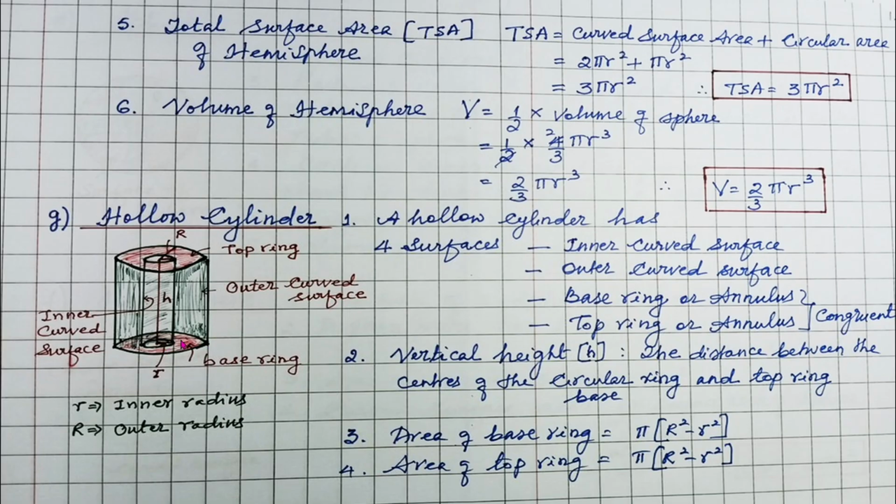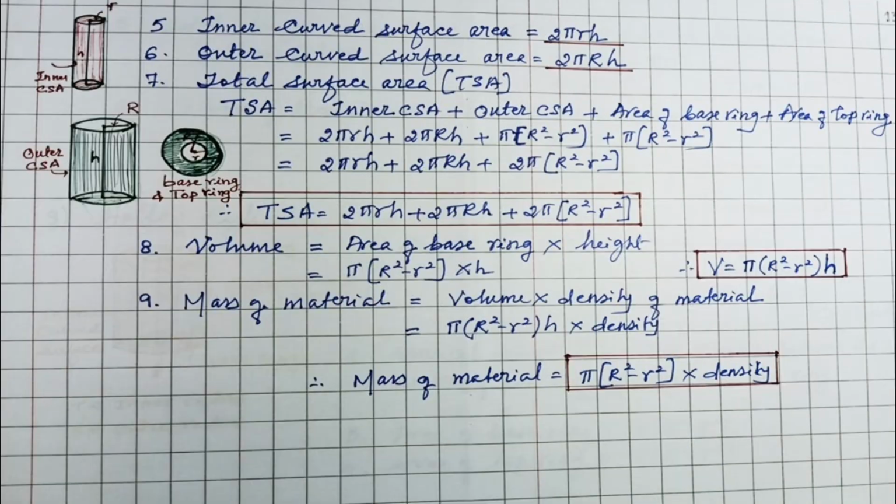The area of the base ring, we already know this, is pi R square minus r square. We can find the area of the annulus by taking the area of the bigger circle and subtracting the area of the smaller circle, and that is pi R square minus r square. Area of the top ring is also pi R square minus r square because they are congruent. Now, the inner curved surface area, we know that the inner radius is r, the inner curved surface area is 2 pi rh, the outer curved surface area is 2 pi capital RH, because capital R is the radius of the outer